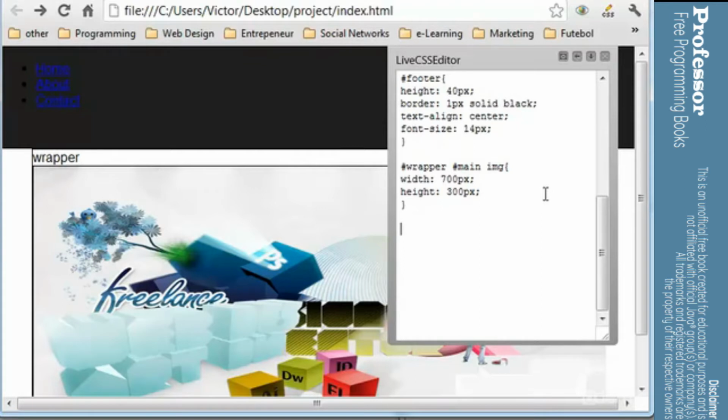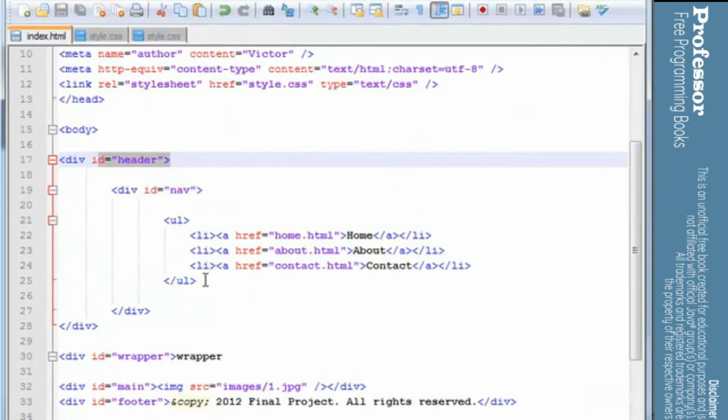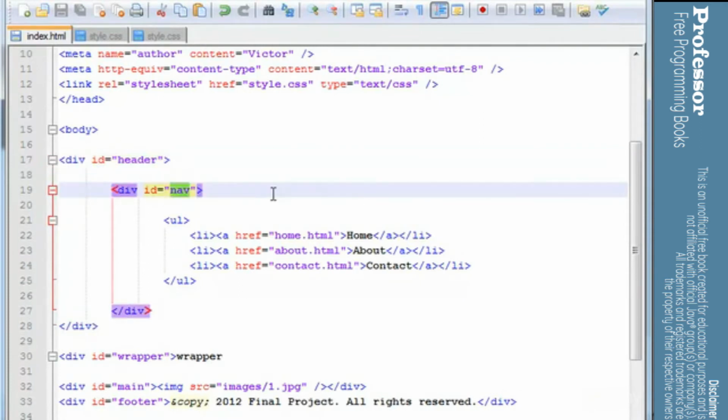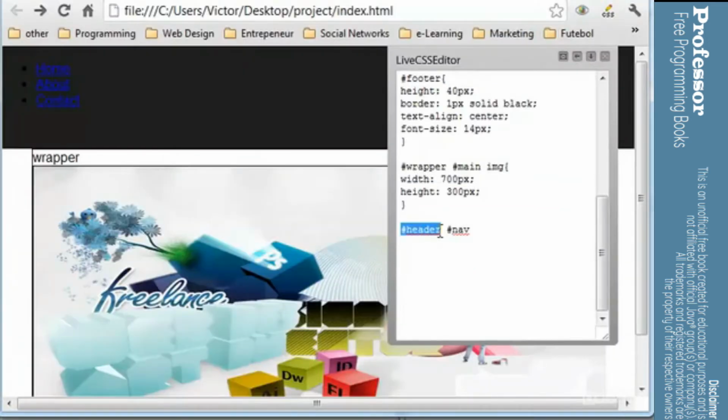Just right after wrapper main image, let's type header, ID header and ID nav. If you go to your index.html, you'll see that header is the main div, and then you have the nav inside the header. That's why we type header and then nav. Now we can give it properties, and for now the only property I want to give the nav is